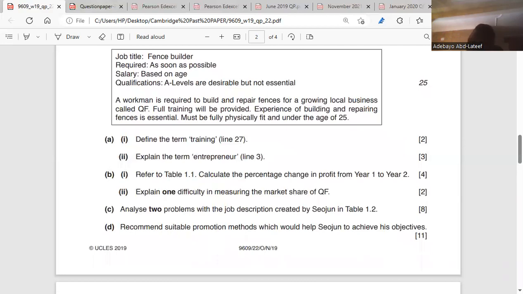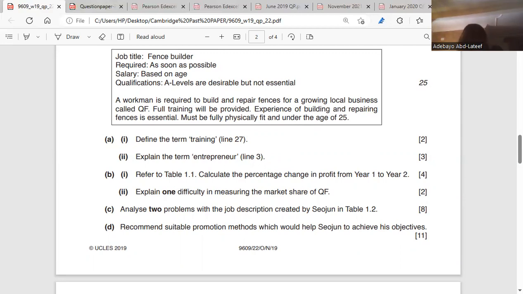Yeah, I said a difficulty that might be encountered is the kind of product involved. We talk about fences. It could be wooden fences. It could be other sorts of fences. It could be maintenance. So you can't understand the kind of fences that are in that market, so you wouldn't know the ones that QF will be attached to. The point is that there are different kinds of fences. The kind of fences that QF repairs is not the only type of fence available in the market. So it is difficult for us to understand if QF's market share is in line with all the fences.